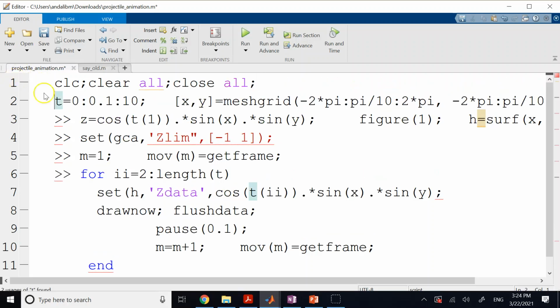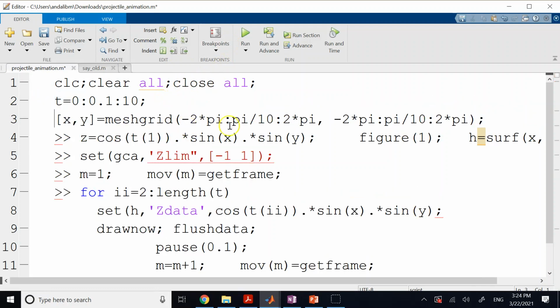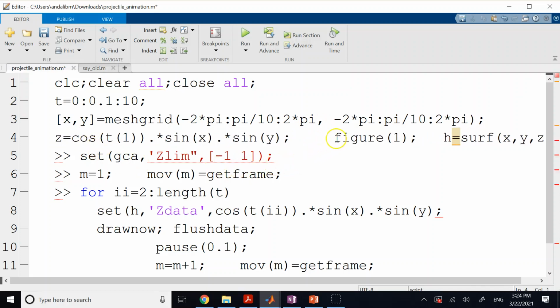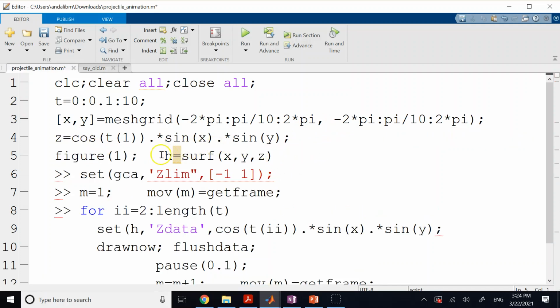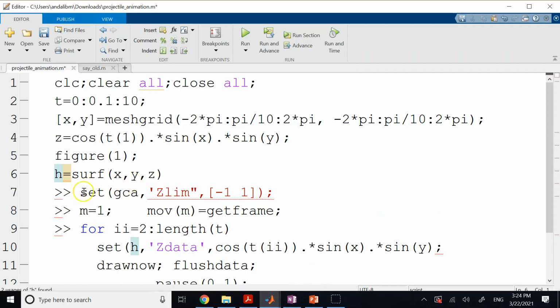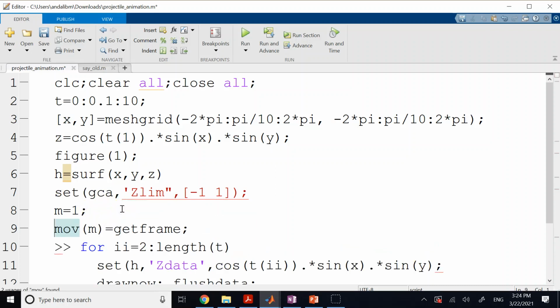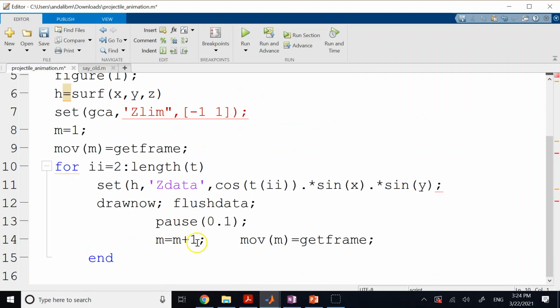This is a nice one too. That's a nice animation. Then I have Z, figure 1, H, Z limit, first frame, take a snapshot, then start from 2 to